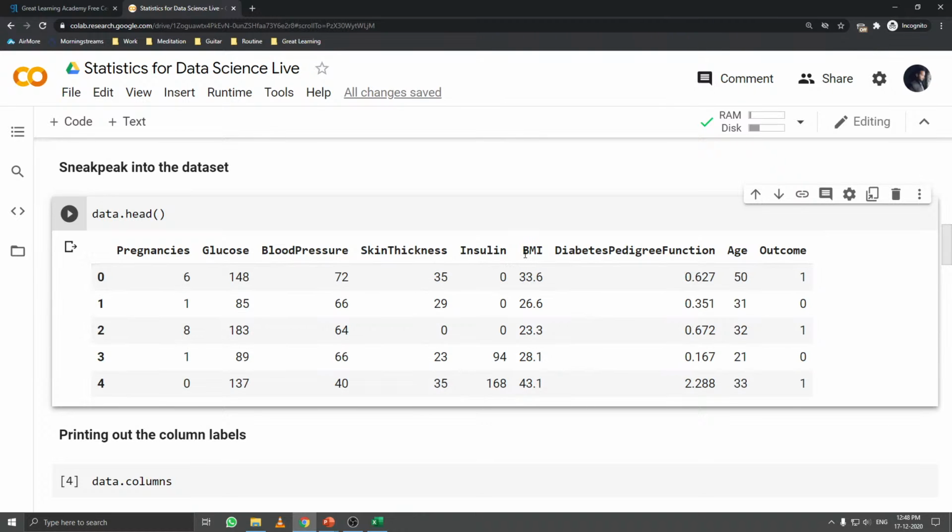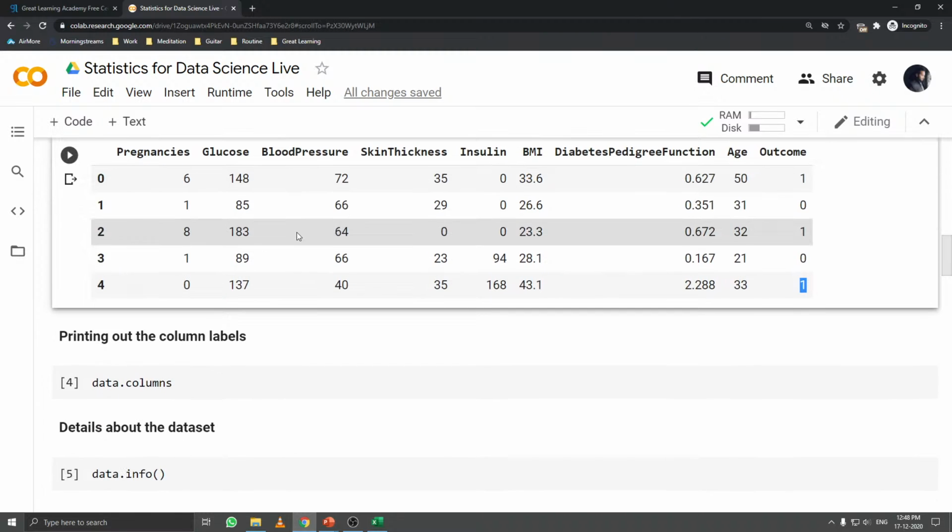25 is considered to be normal BMI, and you can make one or two predictions right here. A person who has a very high BMI, which is 33, means this person is obese. This person has diabetes. A person with a BMI of 43 with a very high insulin value and high enough glucose value has diabetes as well, right? So you can make basic presumptions like this, but to look at it in detail,